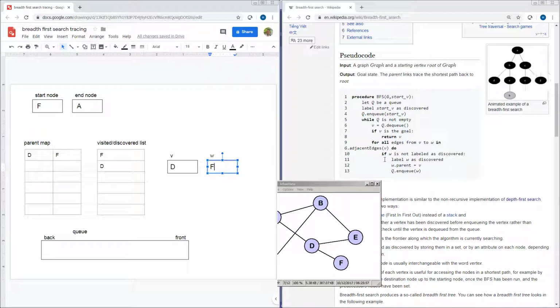So if W is not labeled as discovered, well, it turns out that F is in the discovered list. So this if test is going to fail, and this is where we're avoiding backtracking, going back to a node that we've already visited. So this fails. Now we go back, we skip all this, go back to the for loop, and it says for the next edge in the graph that goes from D to somewhere, and that one was D to E,